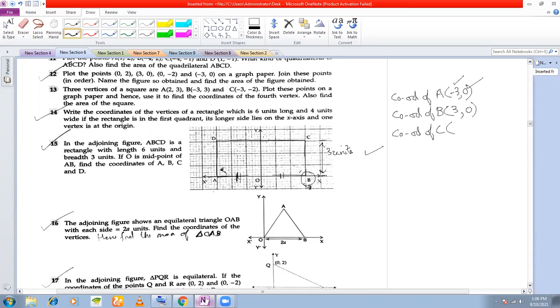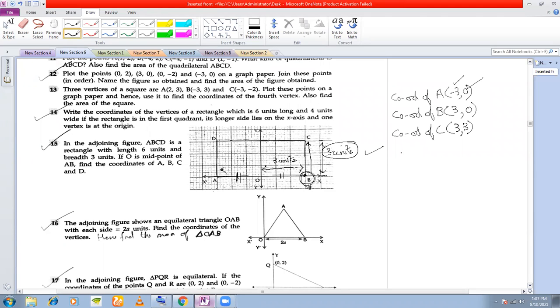So first of all, what you need to see here is, in order to reach C, when you're starting from the origin, how much distance are you moving? Sir, 3 units. In which direction you're moving? You're moving in the right direction. Positive direction. So x coordinate will be +3. Next, after moving 3 units, you have reached B. Now you start moving vertically, right? Which direction, positive or negative? Positive direction. And how much distance are you moving? 3 units. So your y coordinate will also be 3. Clear to everyone? Okay, sir.